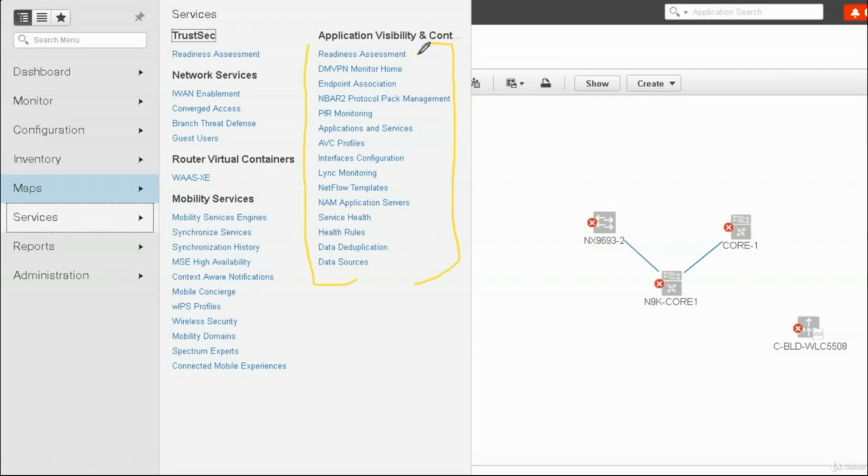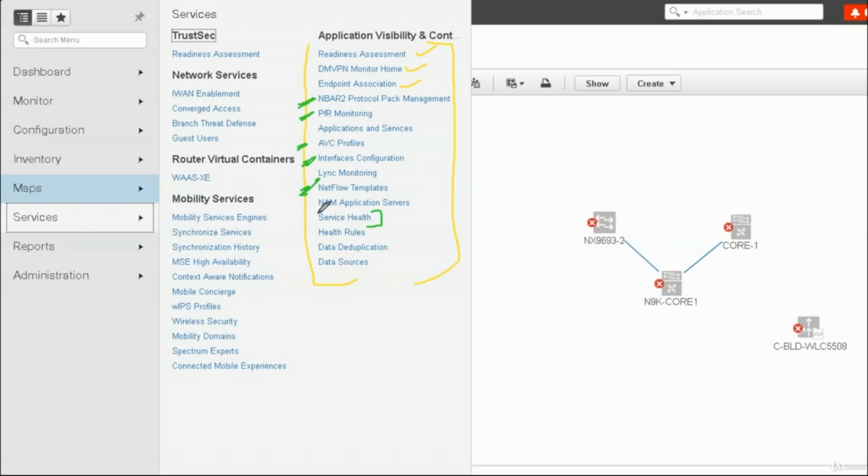Inside that we have readiness assessments, DMVPN, endpoint associations, so let me color it green. So whatever iWAN features are there, I mark those features green. PFR monitoring, AVC profile, so interface configuration. It may be normal, it may be iWAN interface, NetFlow,